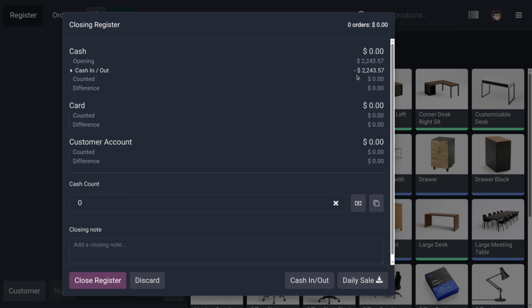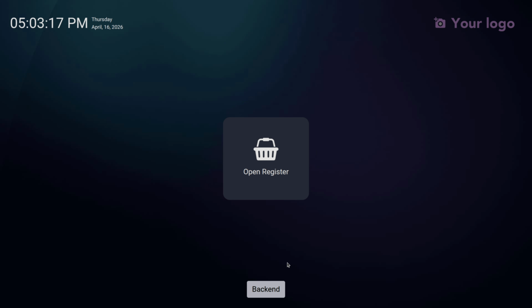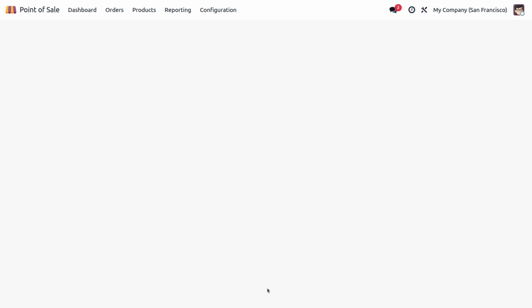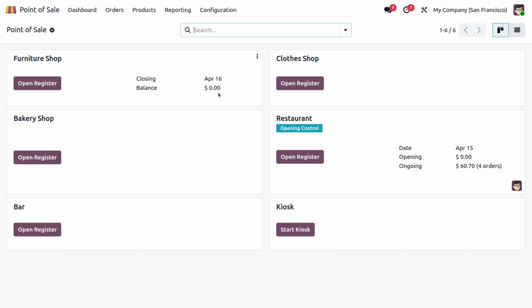So that's why it's actually showing as minus $2,243.57. Once you're done with that, you can see everything. Now I'm going to close this register. Once I've closed this register, let me move on to the backend itself. And there you can see if we just open the furniture shop, we don't have enough balance, we have 0